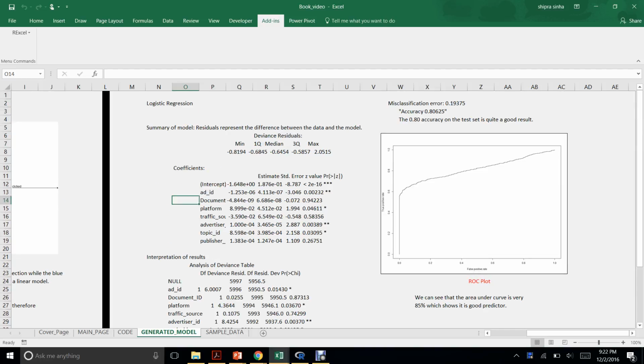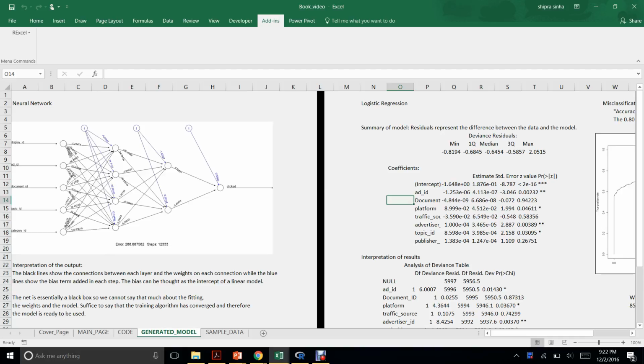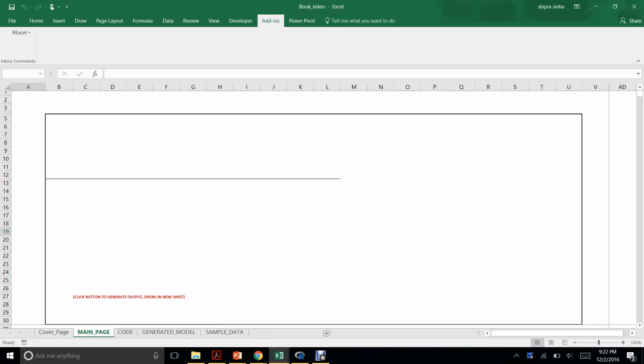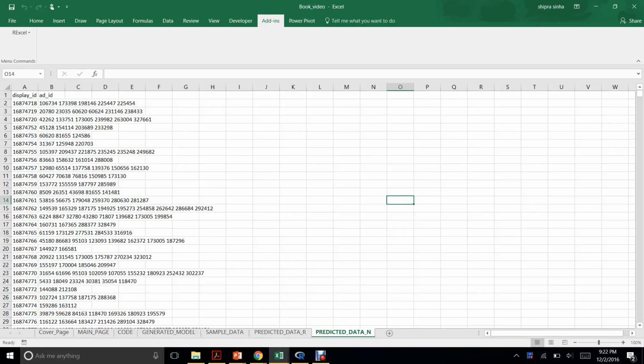The ROC plot is used to see if our model is good for prediction or not. So finally, with this generated model, we will predict the values. We can use the click prediction button to see all the predicted values. Now we will get the predicted values after the neural network.